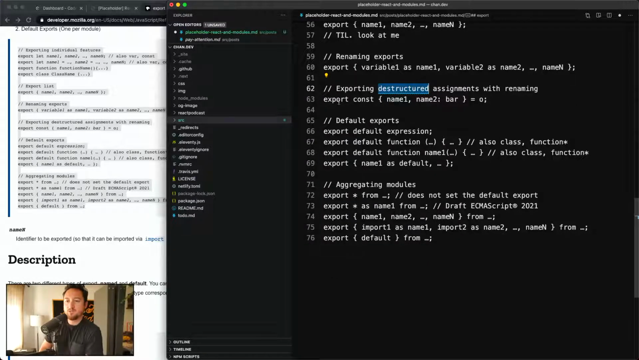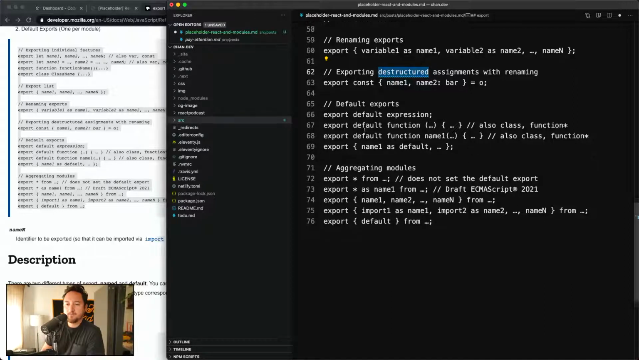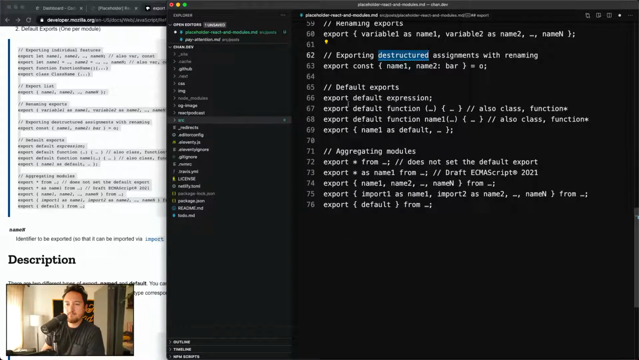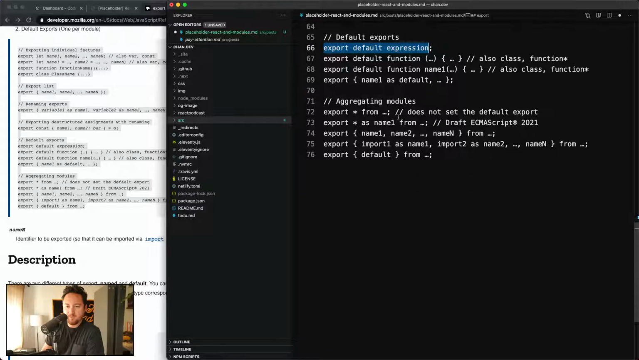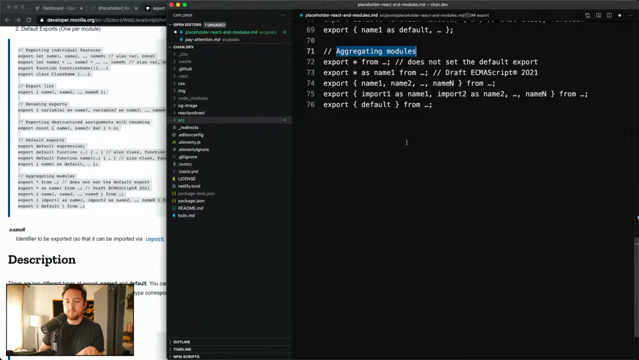Exporting destructured assignments with renaming. Interesting. Very cool. Export default expression. So these are all the export defaults that you can do. It's really similar to above. I think this was the thing that I thought I was on when I was up here. But this is the thing that's kind of unique to export that